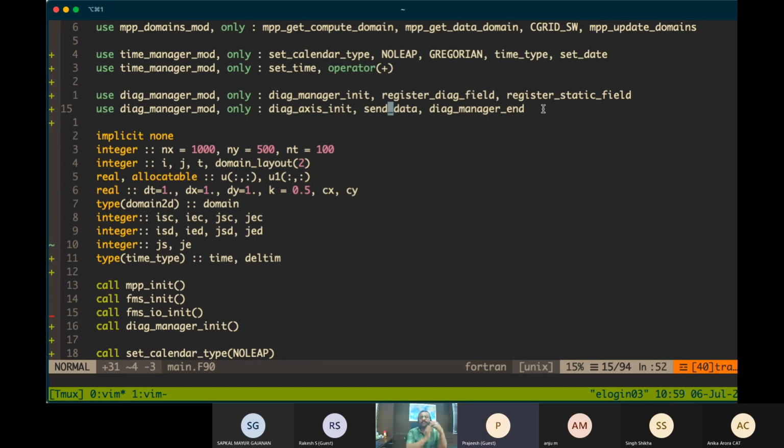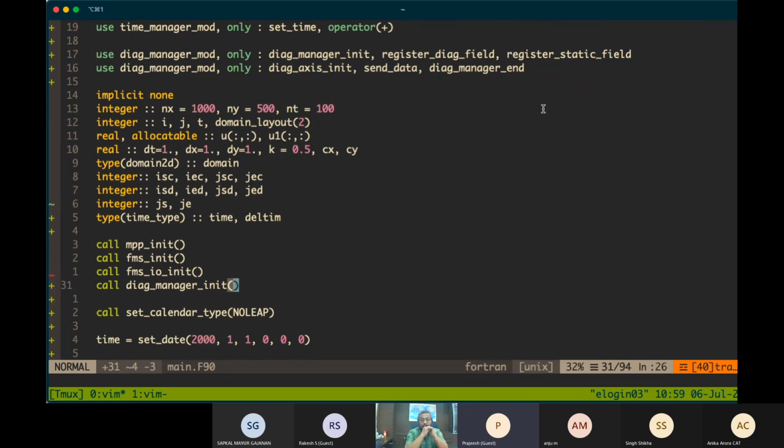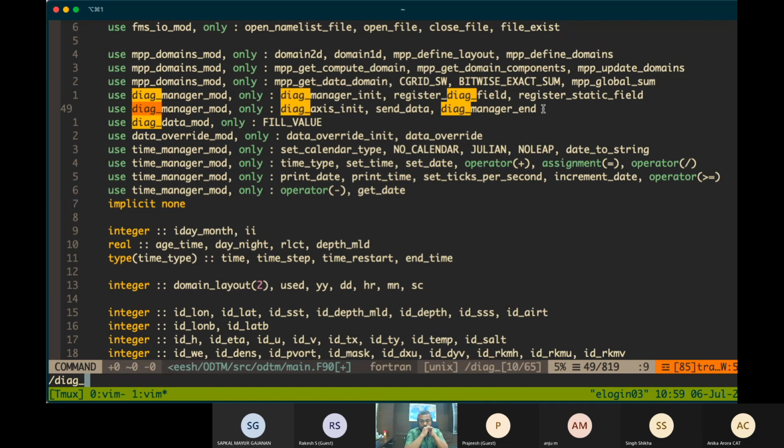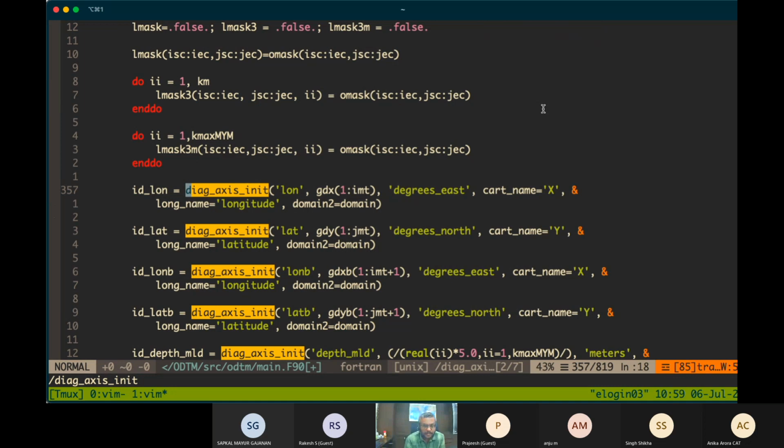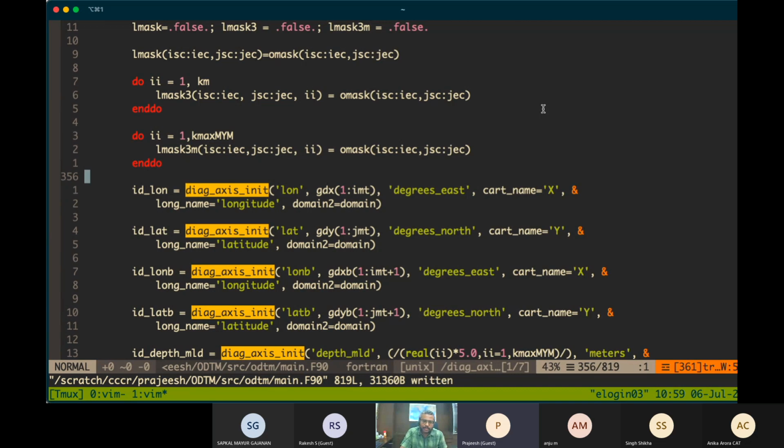And then you have to define the axis, which is what I call coordinate. So the next step is to define the axis, axis init.